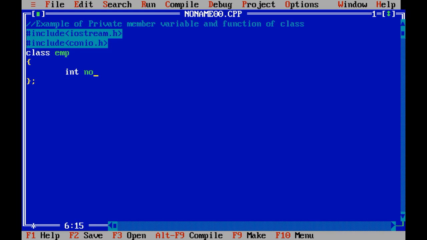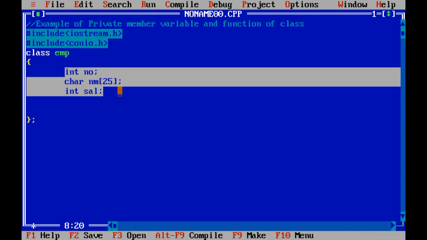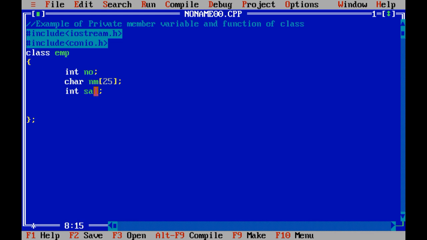We have declared three variables: integer number, character nm of 25, and integer salary. See over here, right now I have not mentioned any public keyword while declaring the variables number, name and salary of the employee class.